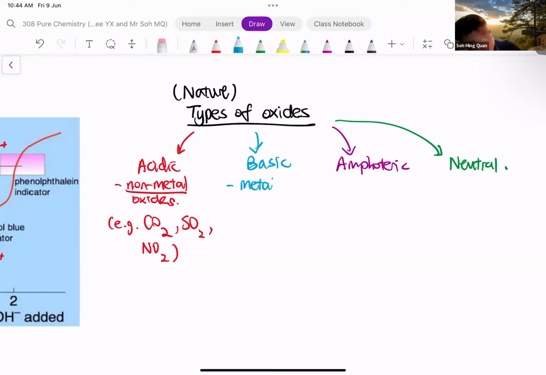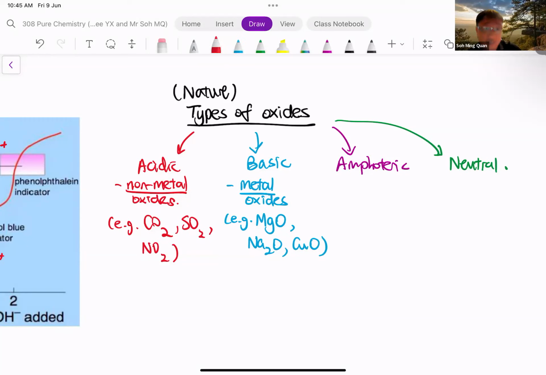Basic is the reverse. Basic are oxides formed by metals. MgO, magnesium is a metal, sodium oxide, copper 2 oxide, and so on. You notice they need not dissolve in water, right? Bases need not dissolve in water. But these will react with acids. Okay? Now, before we go on to amphoteric and neutral,